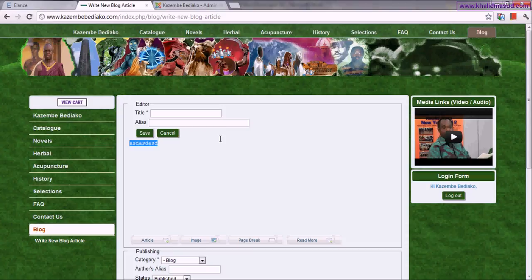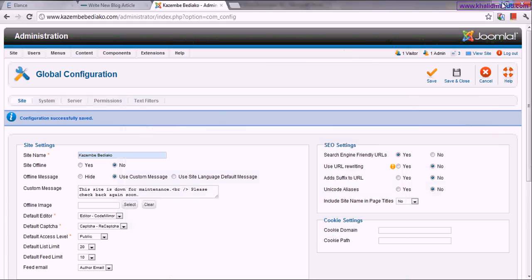Now it is a simple editor like Notepad, and the sole purpose of this kind of editor is to make high quality, code based entries or modifications in your website.